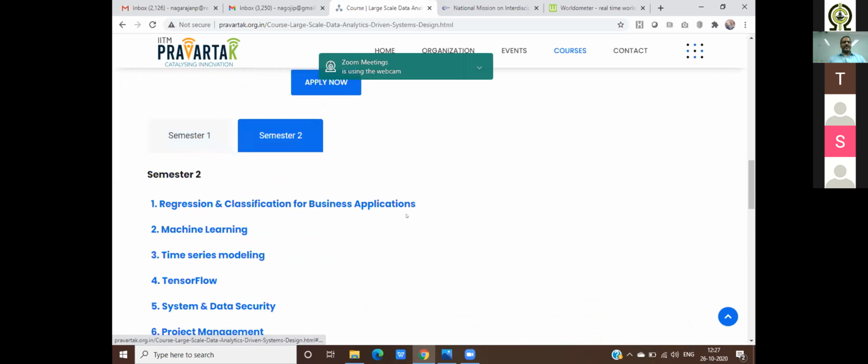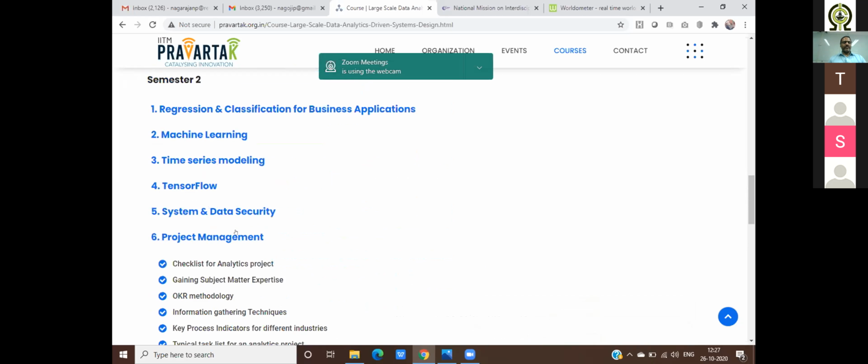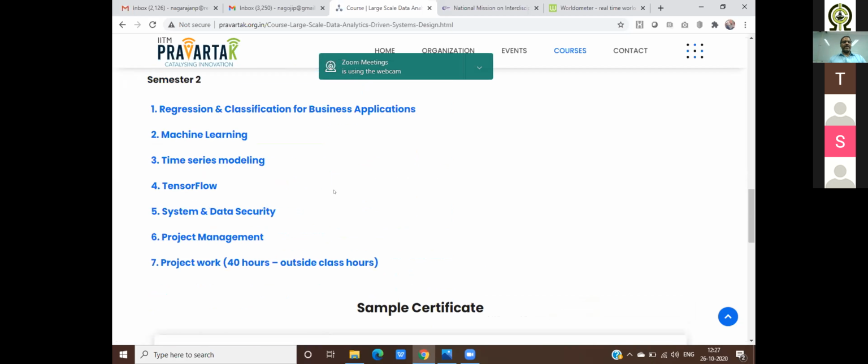The second semester, we are going to go to the machine learning and artificial intelligence. So if you today say, for example, one of the hotspots predictions, that is where these models do come. So I need to have this zone. In the last 15 days, it has been like this. Now I see certain parameters are like this. What will be the next 15 days? That is where these regression models, machine learning models, time series models, and then you will learn TensorFlow, how to apply all these models, and then how to make it programmatically work.